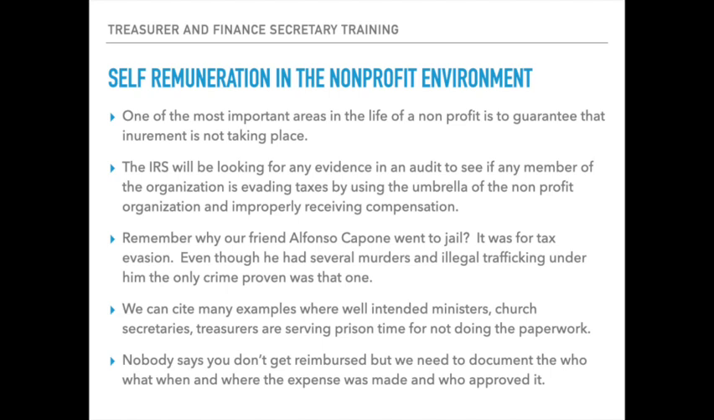You remember why our friend Alfonso Capone went to jail? That's Al Capone, if you don't know him by his full name. It was for tax evasion. Even though he had committed several murders and illegal trafficking, the only crime proven was that one, tax evasion. We can cite many examples where well-intended ministers, church secretaries, and treasurers are serving prison time for not doing the paperwork correctly. Nobody says you don't get reimbursed, but we need to document the who, what, when, and where the expense was,